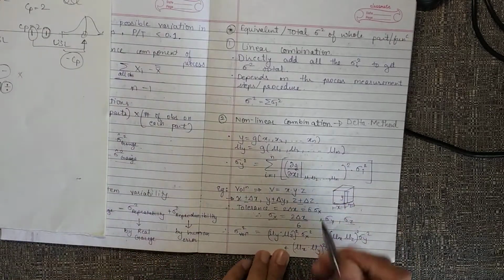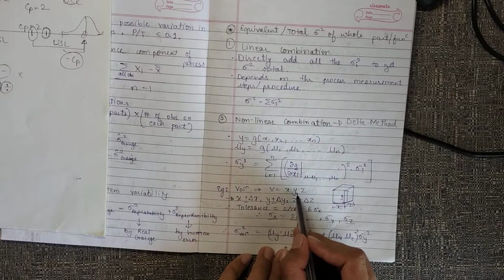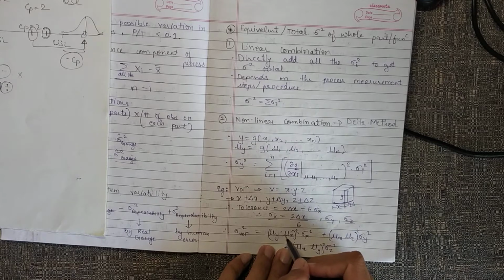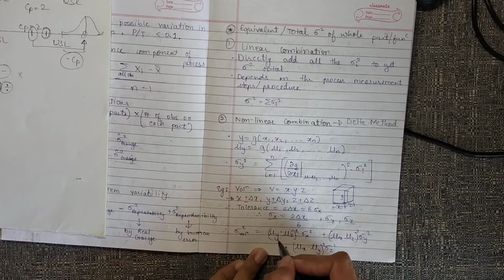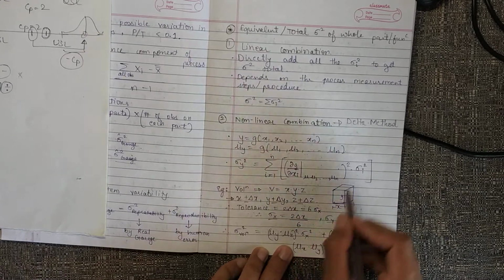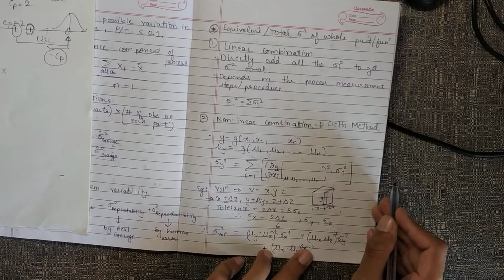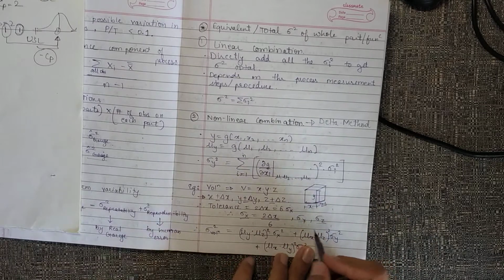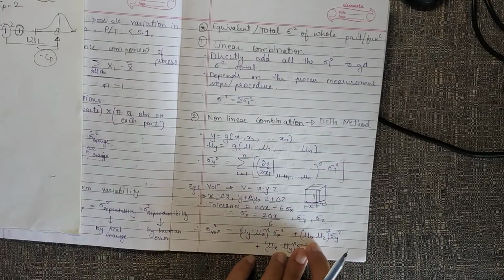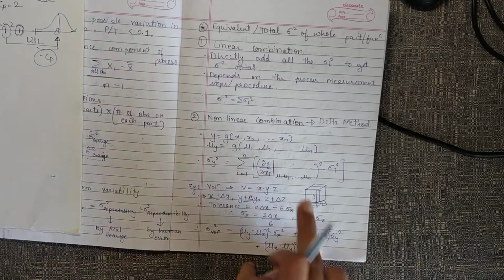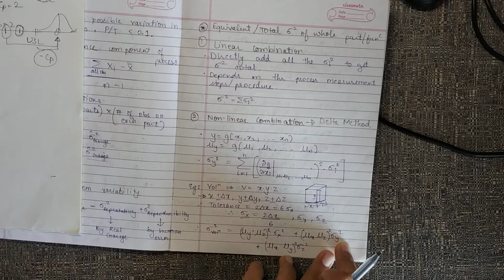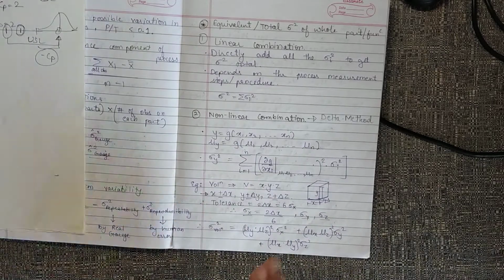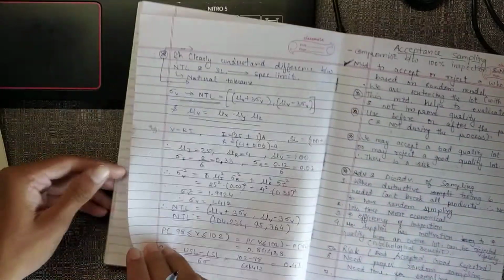So how do we do it? The g function is x into y into z. We differentiate x into y into z with respect to x first, then put the mu of all the parameters left. So y into z will be left. We put the mu y and mu z, square of it, and then sigma x square, plus the summation is z, so plus. Then we differentiate with respect to y. So x into z comes. We substitute the mean of that, we square it and multiply with the sigma y square. Similarly for the third component, the third parameter z.